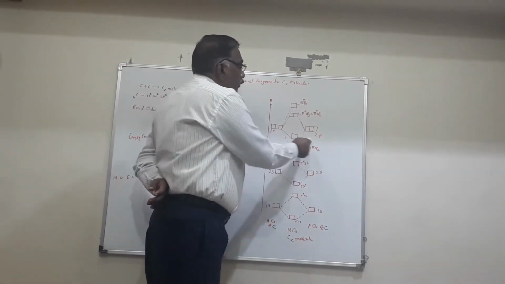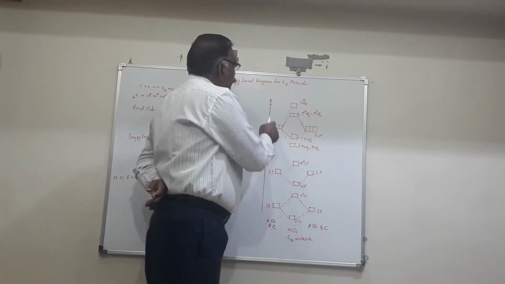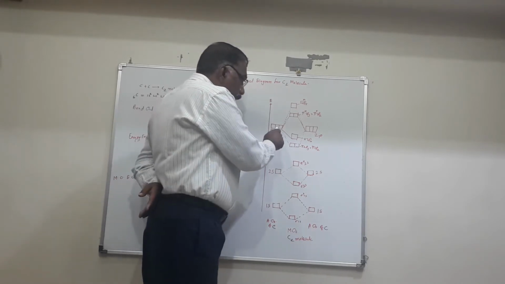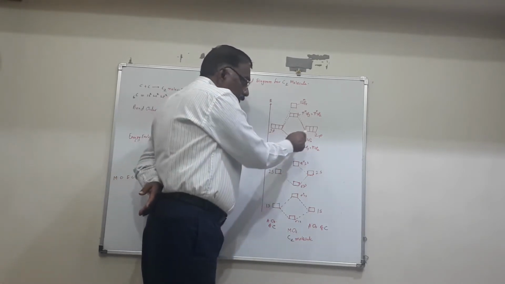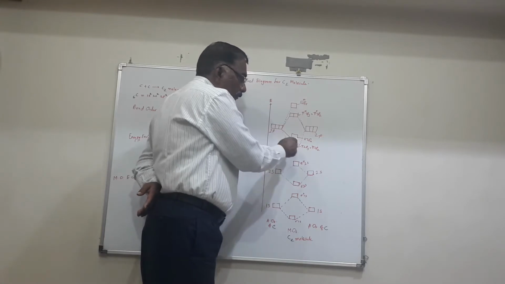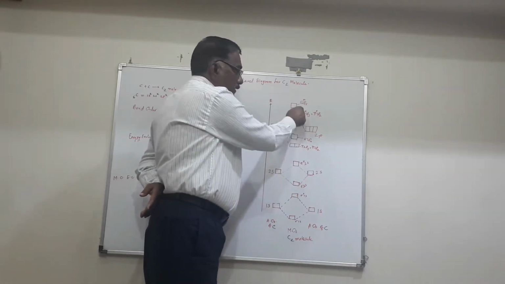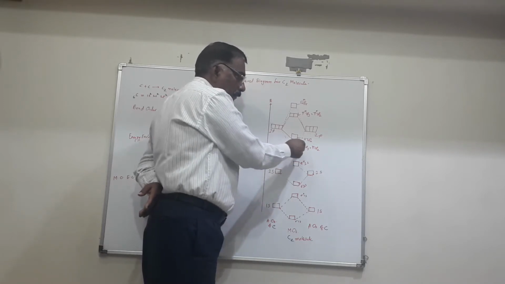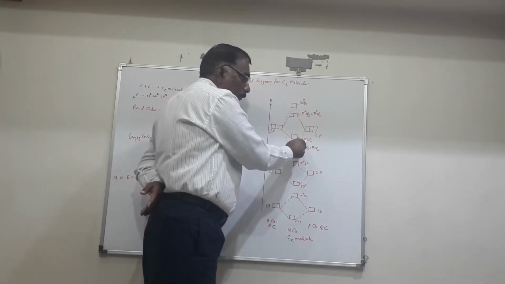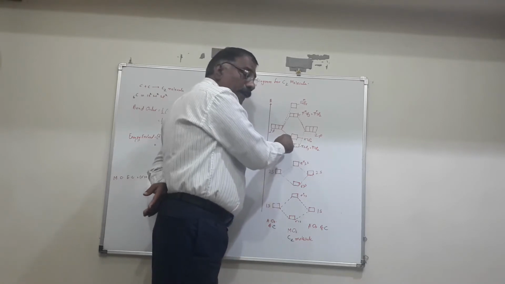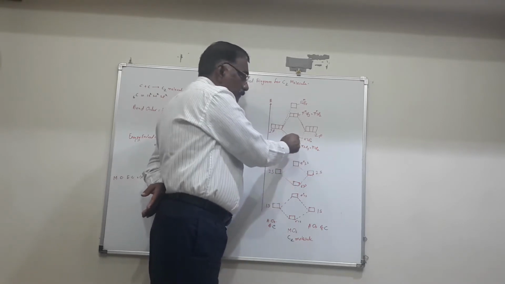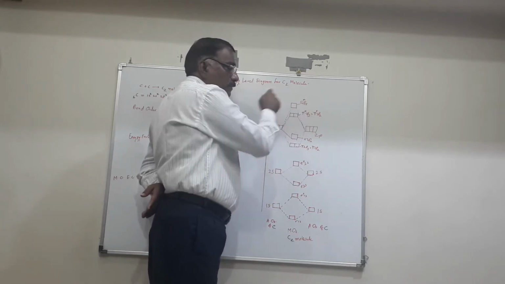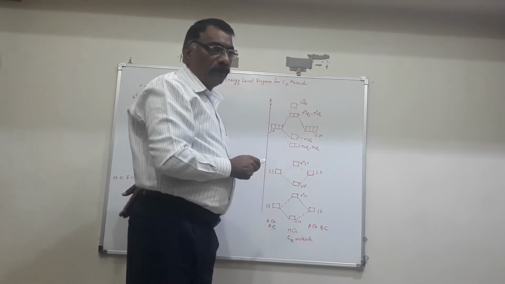Then the 2p orbitals of the first carbon and second carbon combine. Here the 2px orbitals can form a sigma bond, so their orbitals are sigma and sigma star. The 2px orbital of the first carbon and the 2px orbital of the second carbon combine. There is one BMO with lower energy than the atomic orbital, sigma 2px, and another orbital with higher energy, sigma star 2px, which is the anti-bonding molecular orbital.